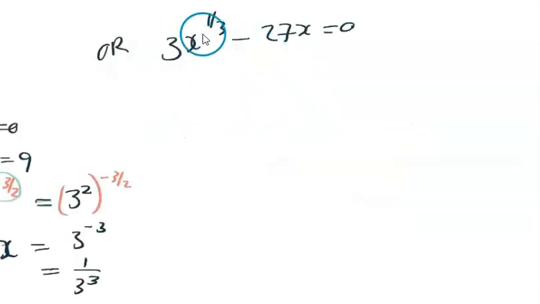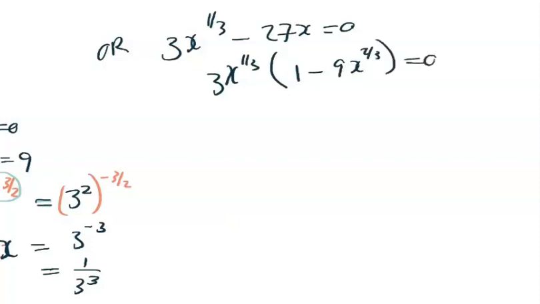Finally, although we say by default we take out the largest factor, we can also just factorize by taking out 3 to the x to the third, and then the remainder is 1 minus 9x to the 2/3 equal to 0. And now you can write 3 to the x to the third equal to 0, or 1 minus 9x to the 2/3 equal to 0. It doesn't matter which route you go, you will get the same answer. And as long as you test your answer